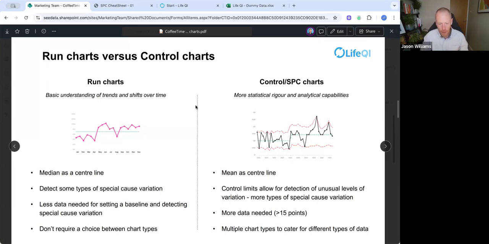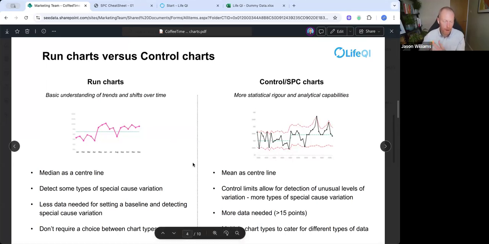In terms of some of the differences, the first one we've got there in terms of the bullet points is the center line. So we look at the examples we've got here. The pink line is the data that we're recording over time. And the green line we've got horizontally is what's called the center line. On a run chart, that's a median. So the average value sat across the middle here is a median, whereas on a control chart, it's calculated as